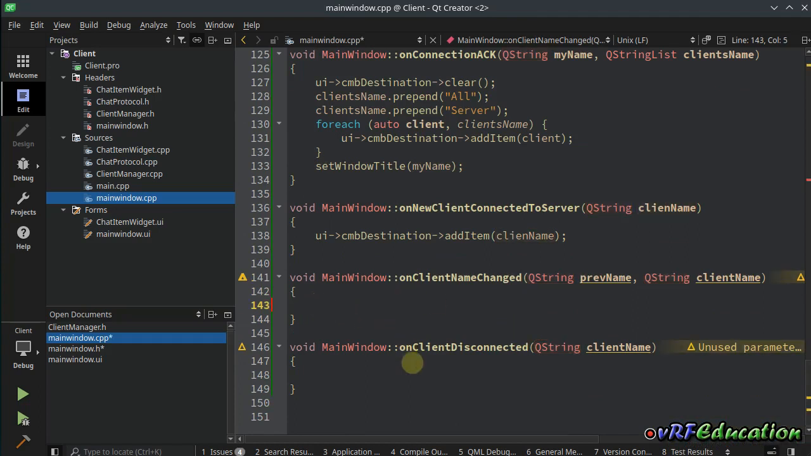Now, when a client is connected from the server, we need to iterate over all the items inside the cmb destination combo box and check if the text is equal to the name that we received here. Client is connected. Change it to this. Remove it from